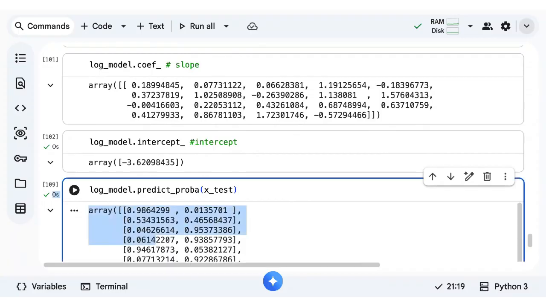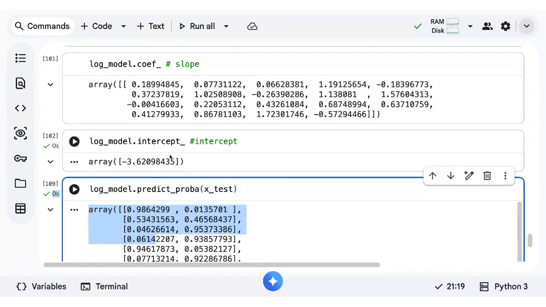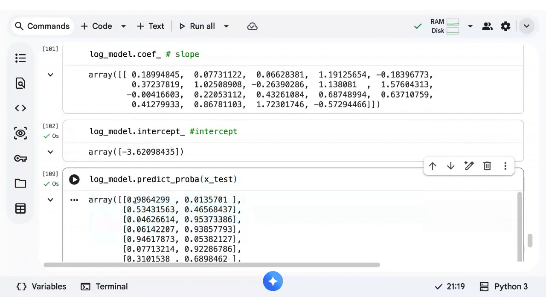So it is showing the predicted probabilities for each class. So 98% for which class? Zero comes first now. So the remaining 1% is heart attack.